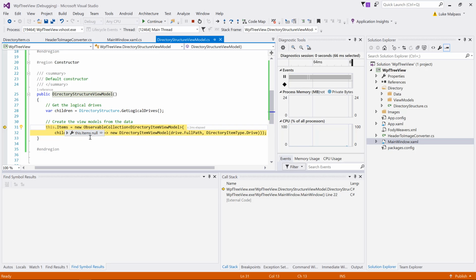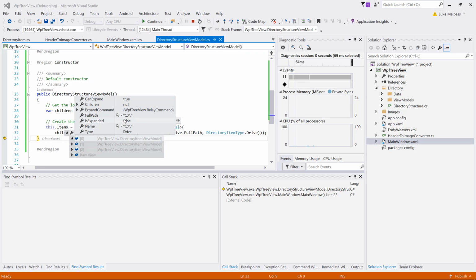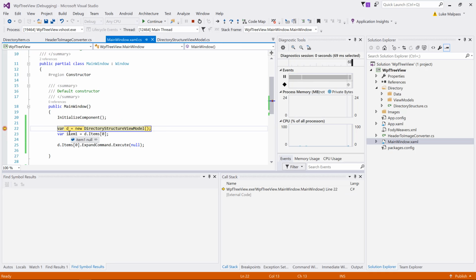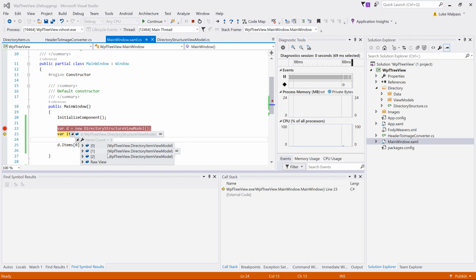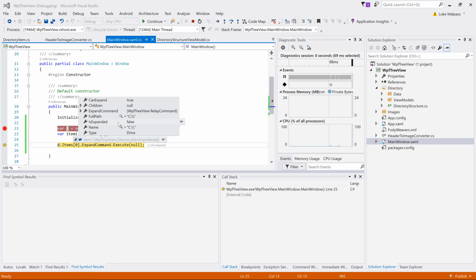We then set the items as nothing, then create a collection of them, which is now the view model. So now we've got the full path, the type, expanded set to false, but it can expand because it's a drive, and we've got the expand command ready. So that's a bunch of items. We've got the directory structure view model, which now has items which are view models, one for each drive. We get the first one, the C drive, and we haven't expanded it yet, so there are no children,